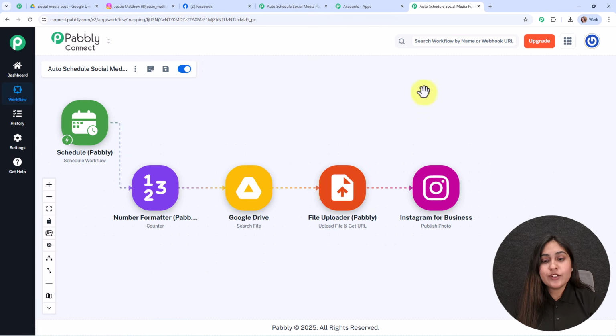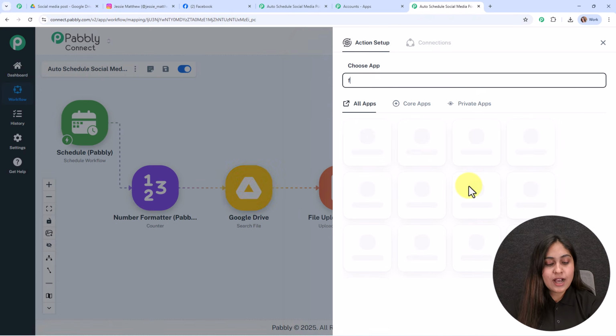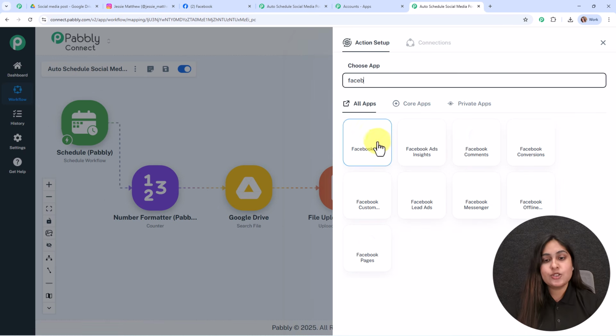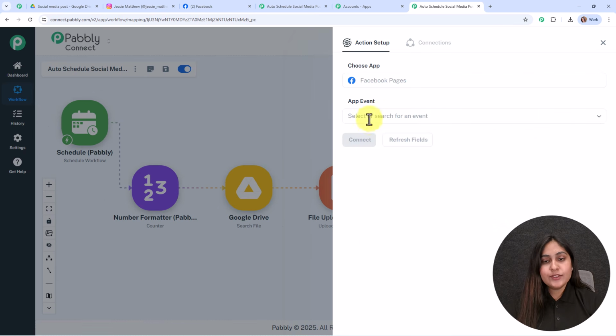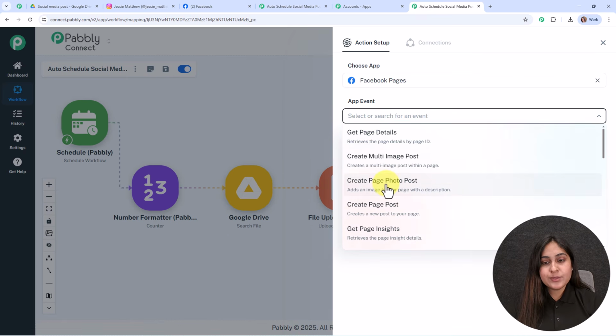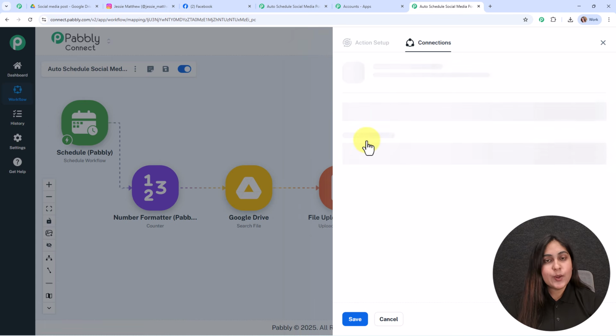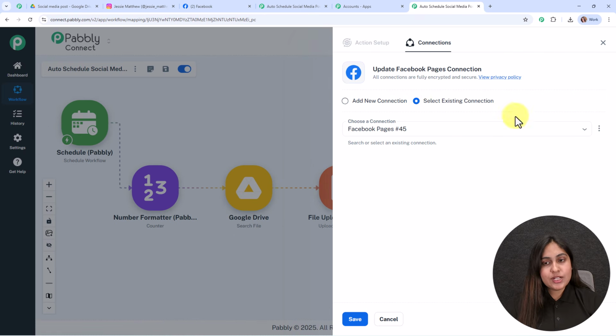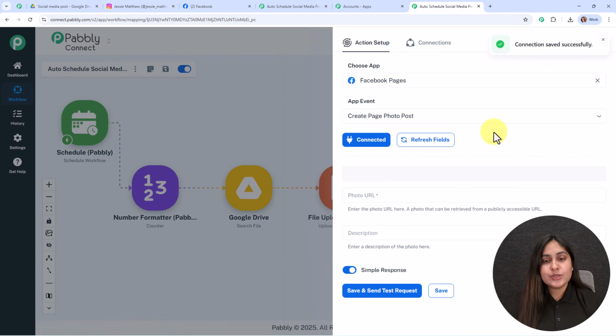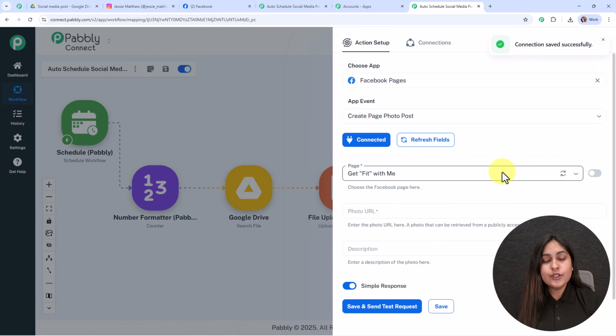So now here, after creating a new post on our Instagram account, I'm going to show you how you can post a similar post to your another social media account such as Facebook. So for that we are going to add an action step over here, and here we are going to select action application as Facebook pages. And for the app event we are going to select publish page photo post. Then we are going to click on this connect. Here, to build this connection, I'm going to click on the select existing connection because I've already connected in my previous Instagram actions setup. Alright, so we're going to click on the save, and here you can see we're now